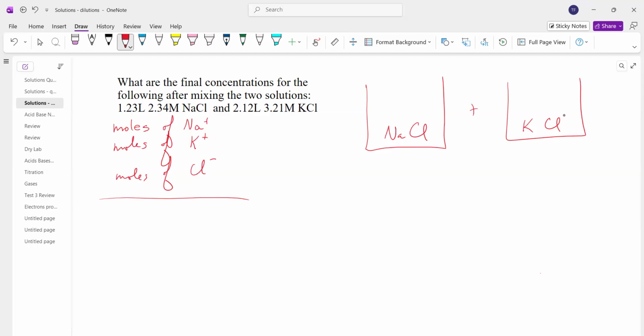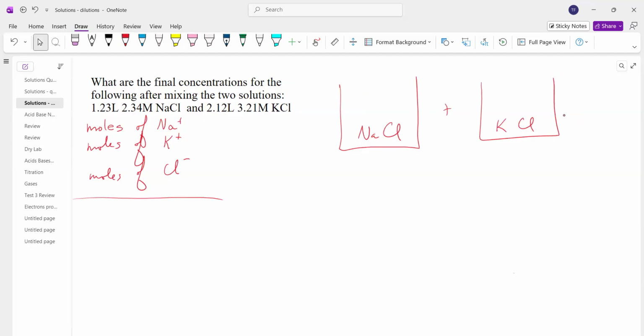All right, first of all, what's the common ion between sodium chloride and potassium chloride? Chloride. So the chloride moles are going to come from two sources, not one, from the sodium chloride and the potassium chloride. And then this potassium is separate, sodium separate. Also,